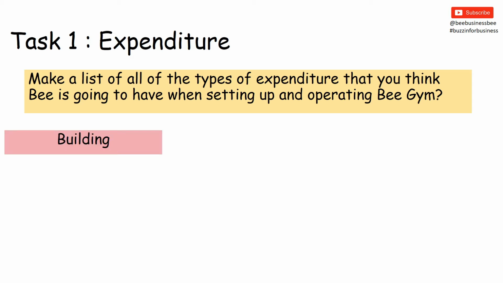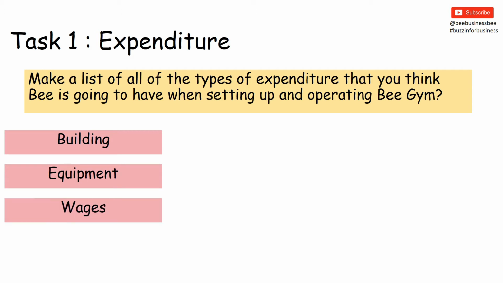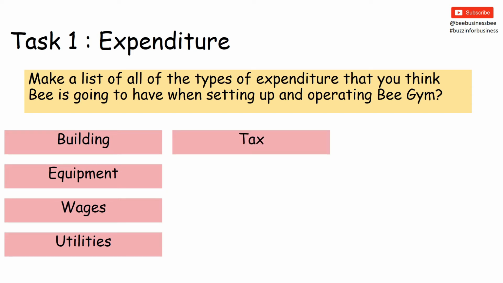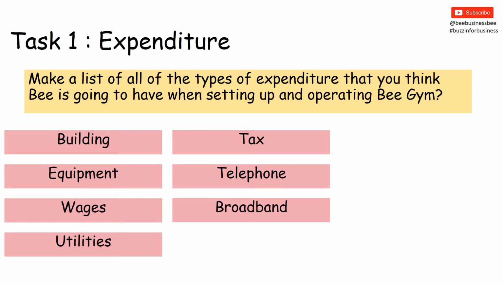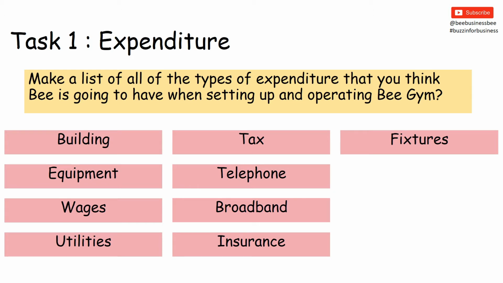Okay, so the first one you've got is buying the building or renting the building, depending on which one you've got there. Buying some equipment like the fitness machines, paying wages, utilities, tax, telephone bill, broadband bill, paying the insurance, paying for fixtures and fittings that go inside the building,